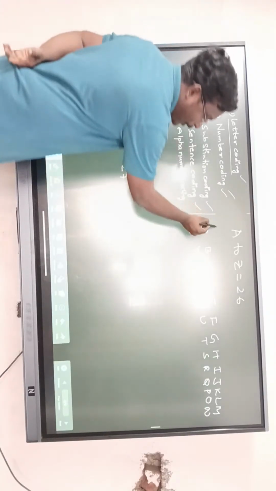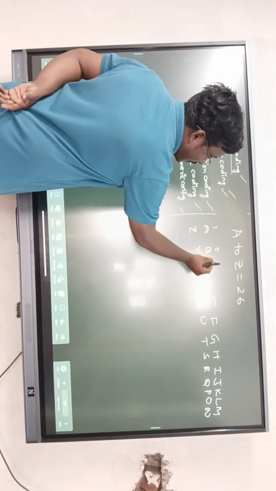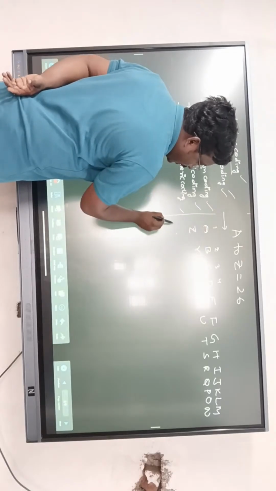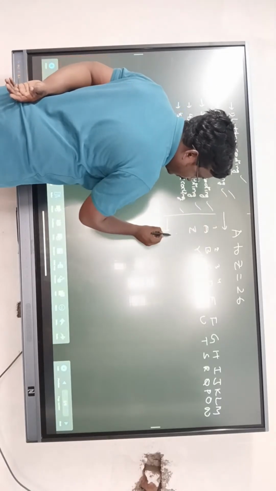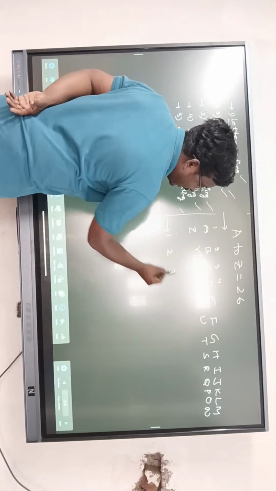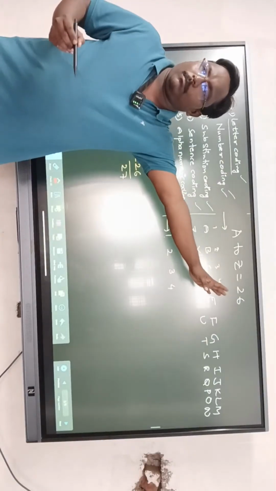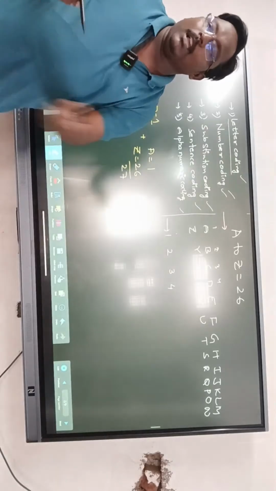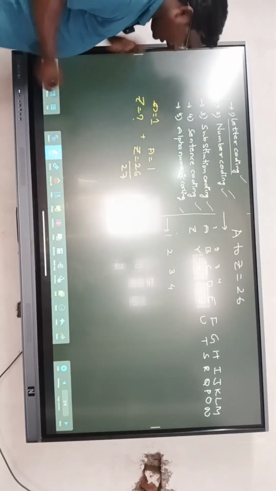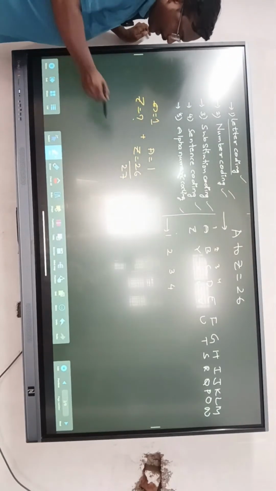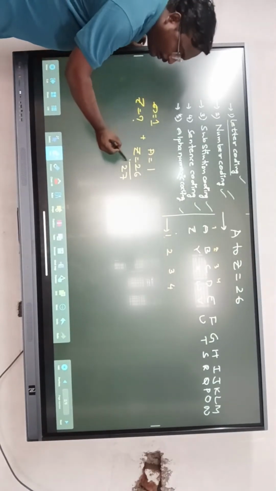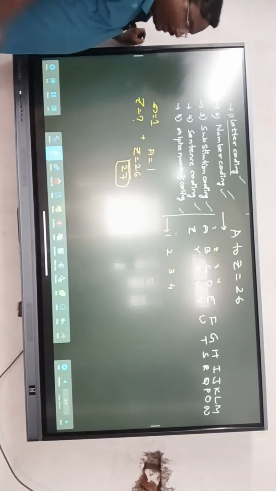Like A for 1, B for 2, C for 3, D for 4, like that. From the reverse, it is an ascending order. Suppose I need it from the reverse order, it is 1, 2, 3, 4. So it's very difficult to count, we cannot remember easily. But we have a shortcut for that. It is a general shortcut. Look here. A for 1. But what is the reverse order from Z? So we need to subtract 1 from 27.